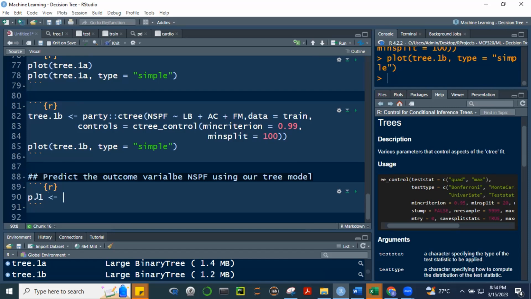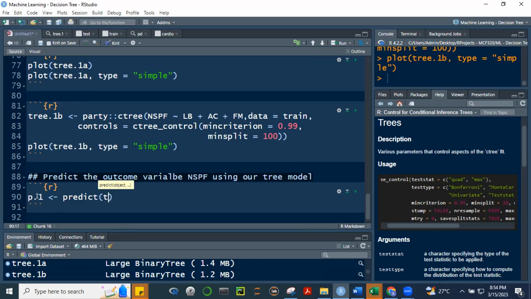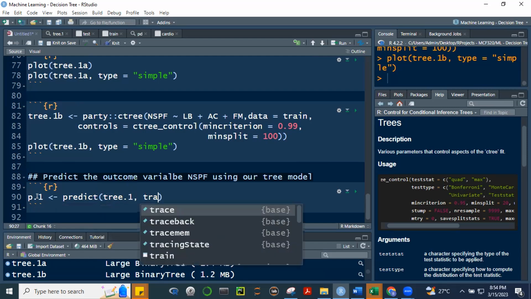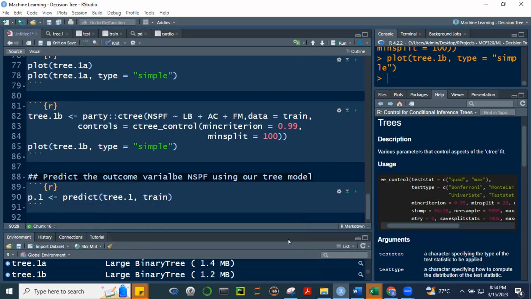So ang function natin, we're going to make use of the predict function. Predict, tapos ang model natin yung 3.1, right? And then using the train method. The train method. All right. P.1, okay? We use the predict function. All right?